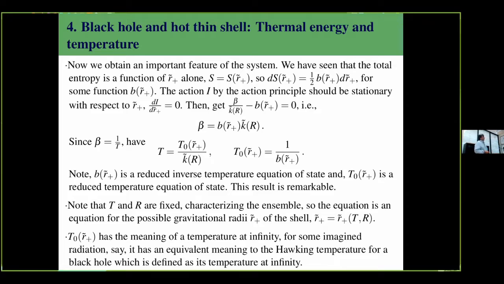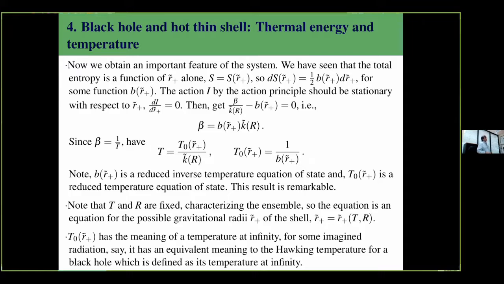We have seen that the entropy is a function of R plus alone. So we can differentiate that and get that the differential is a function of R plus. Now, the action from the action principle should be stationary with respect to R plus, and so dI/dR plus is equal to 0. So if you go back to the action, it was that formula, beta R minus, you get this expression here, and you get that the inverse temperature is that function here of R plus alone